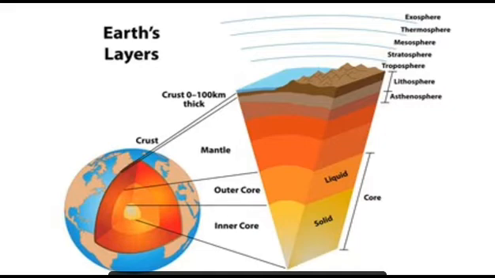There are two portions. The innermost part is known as the inner core, represented by the yellow color, and after that, this portion is known as the outer core. Cores are central fluid containing areas.